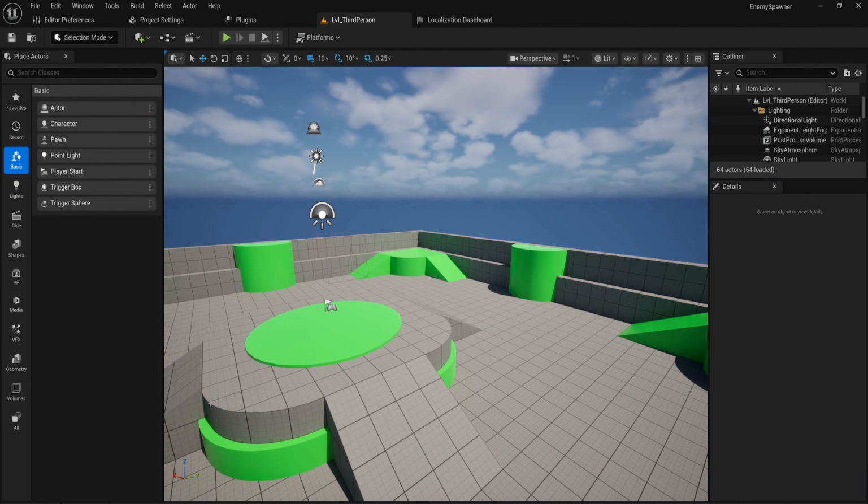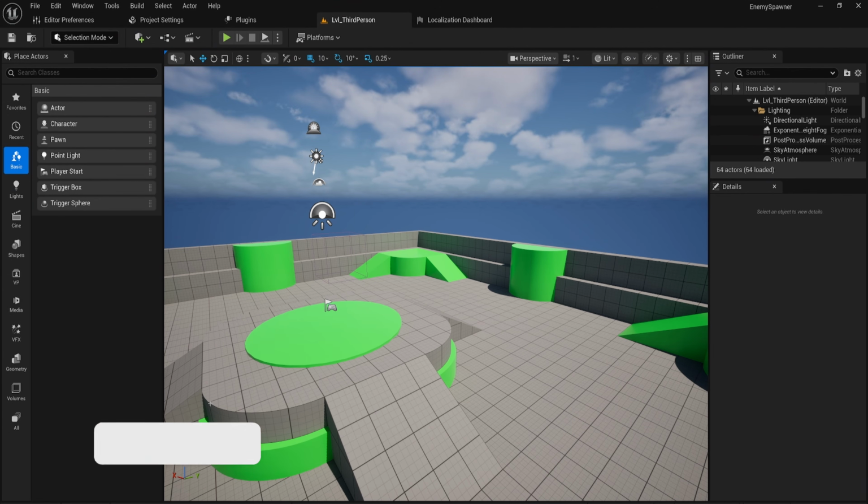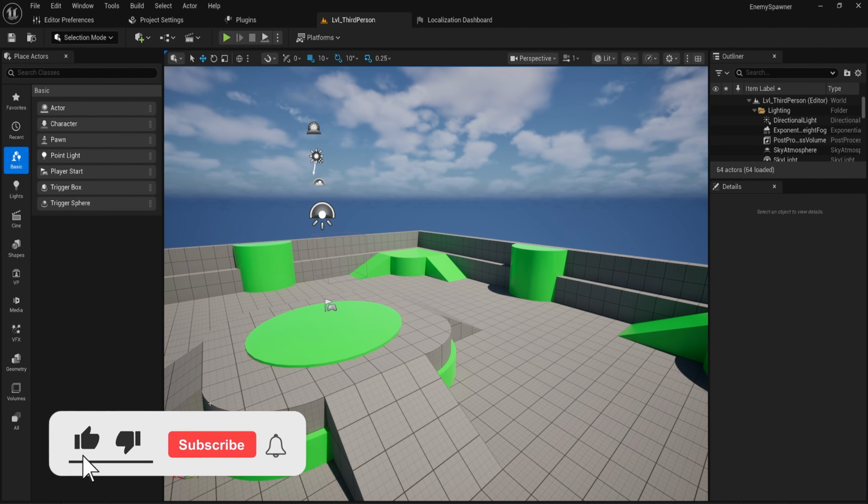So if you're making a game, you're going to be wanting to spawn in enemies, most likely. And maybe you want to pre-place these in so you can actually design which enemies go where, but sometimes you want to spawn in enemies dynamically. Well, that's actually simple to do, so we're going to go over the very basic way to do that,